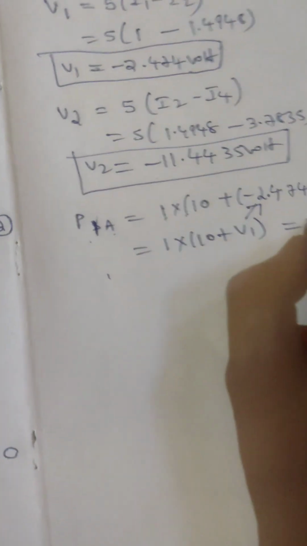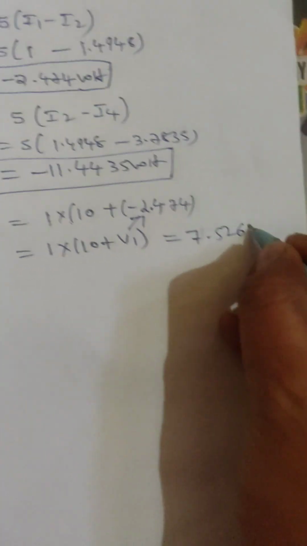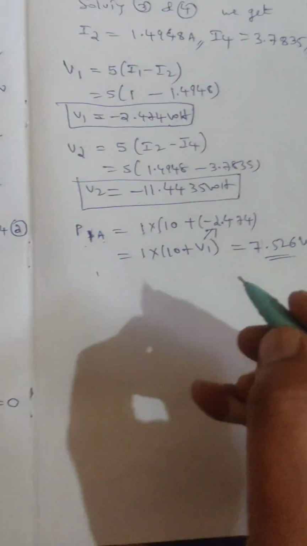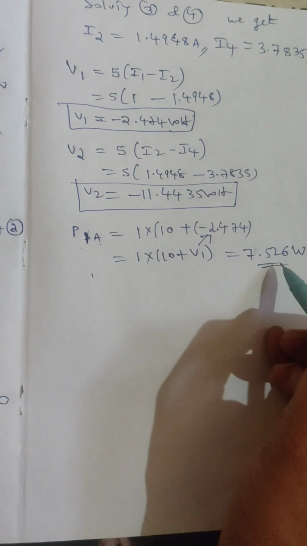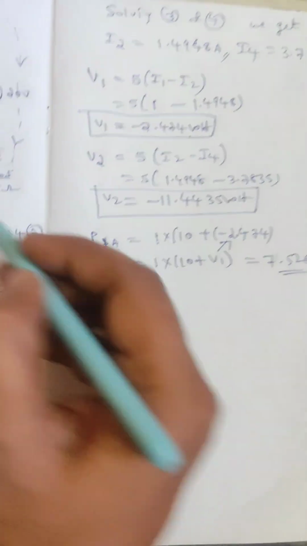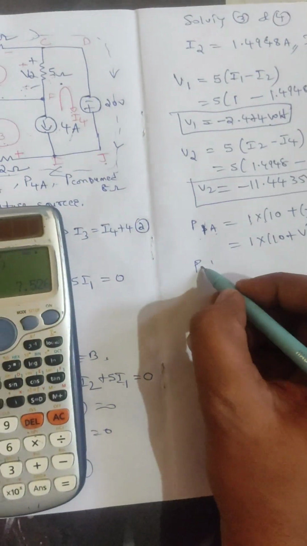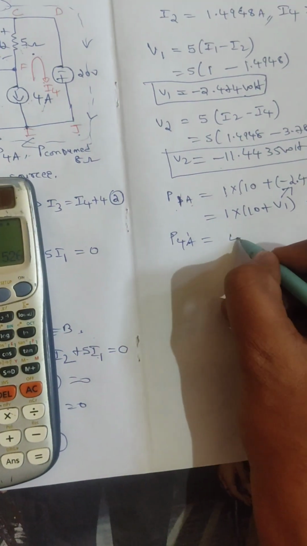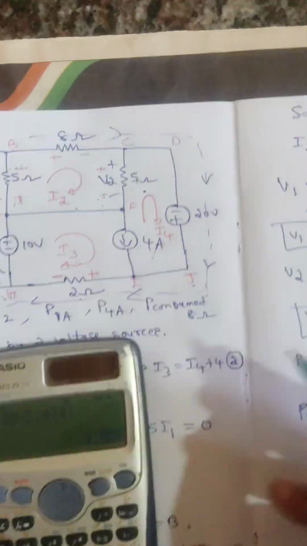See, we got an answer: 7.526 watt. This is the power supplied by this 1 ampere current source. Similarly, they asked the power supplied by the 4 ampere current source. So for the power supplied by the 4 ampere current source, you write 4 ampere current into, see, now in this 4 ampere